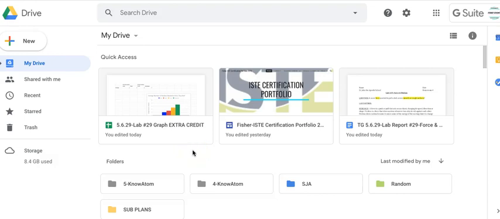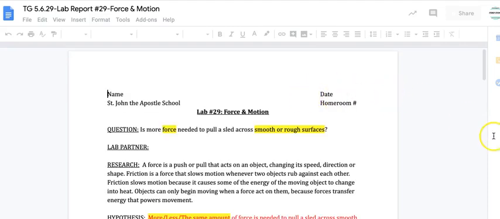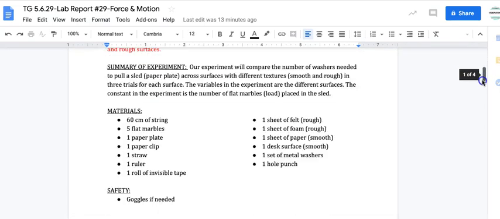Good morning. So today I'm going to show you how to create a graph inside of a Google Sheet and then how to export it into a Google document. So we are working on a lab where I'm asking you to, for this example, extra credit, import a graph